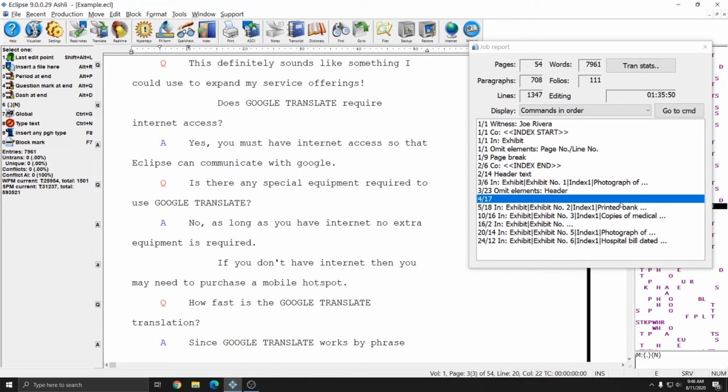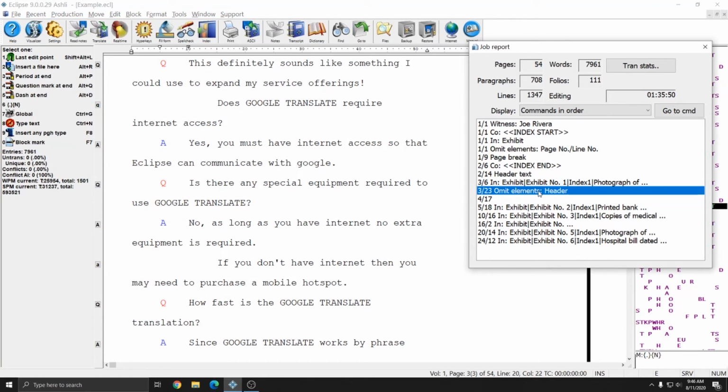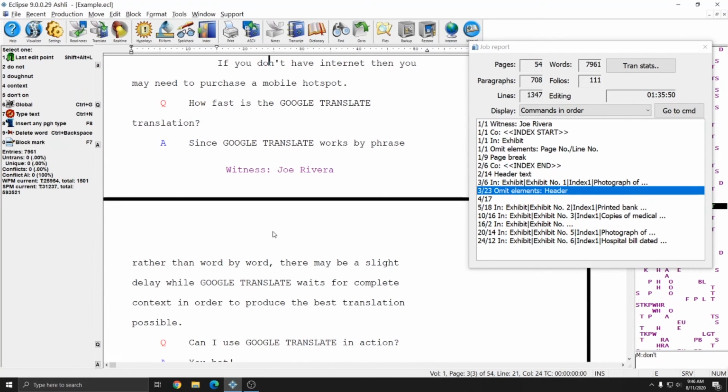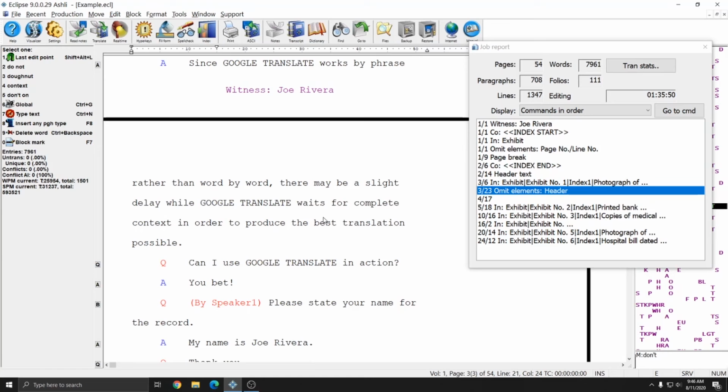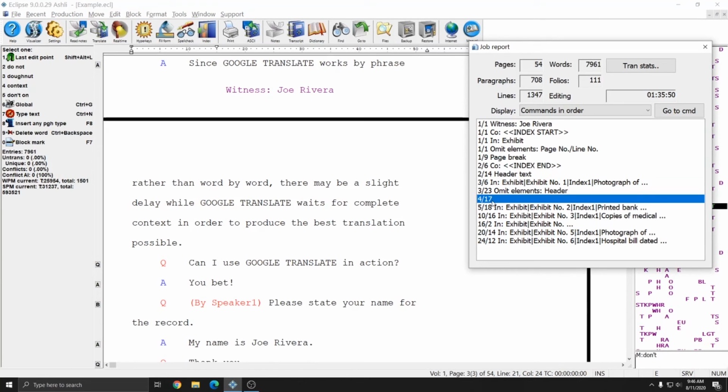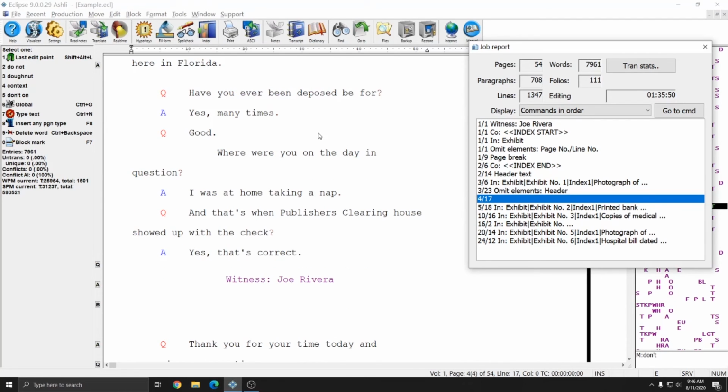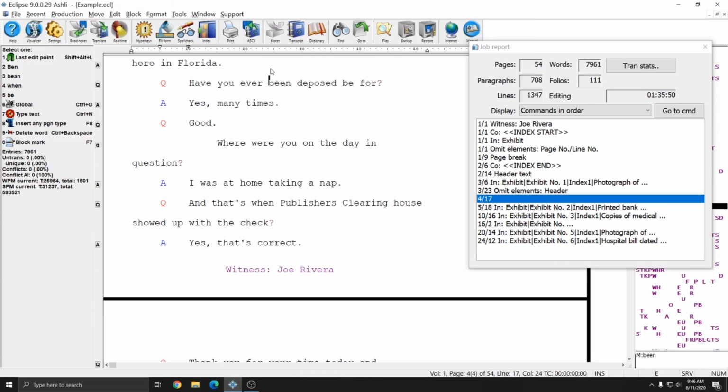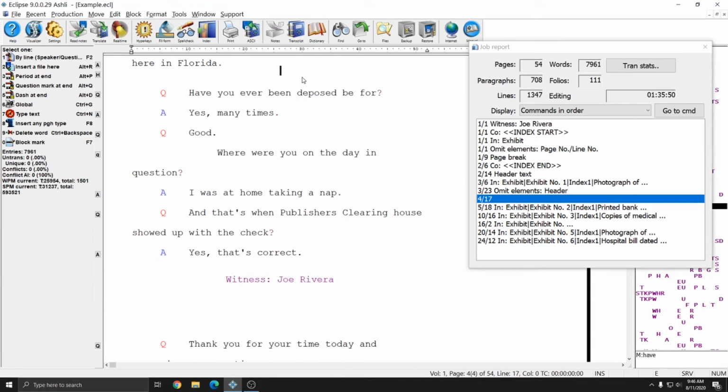I hit Control-Y to remove the omit elements header that was on page 3, line 23, and if I scroll down to page 4, I still don't see my header. However, I see that in my print command list, there's something else on page 4, and it's just blank. If I double click on that, I see that it takes me to line 17, and this is a blank